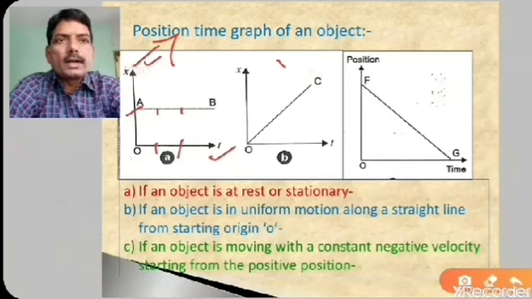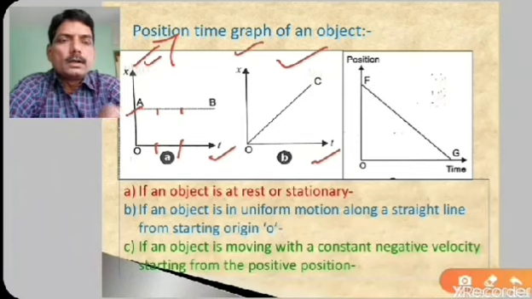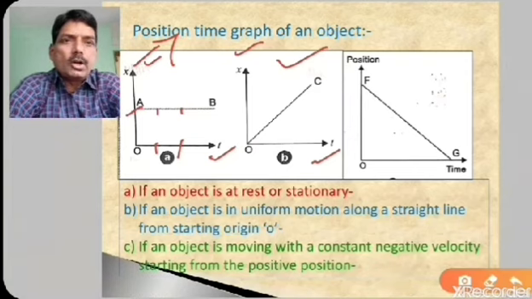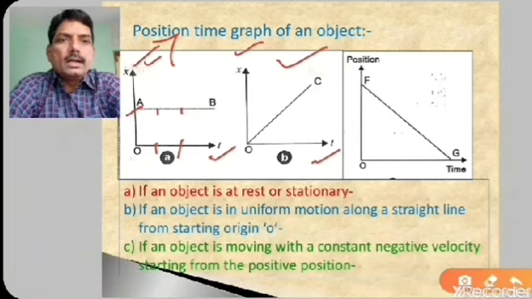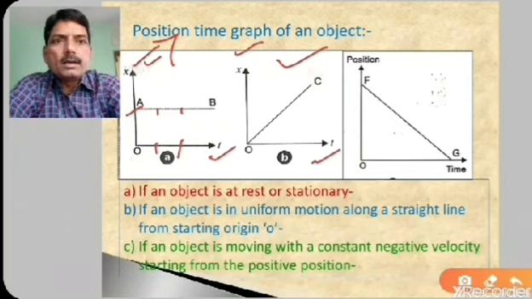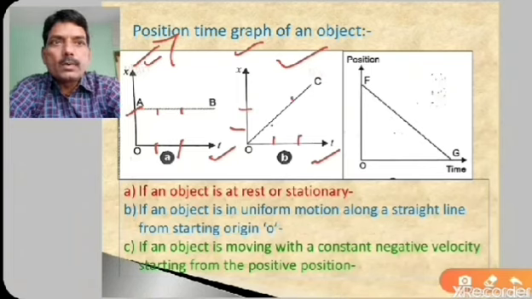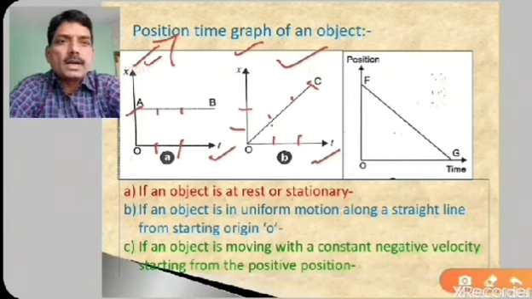Now coming to this second graph. Here also on the x-axis I have taken time, and on the y-axis I have taken the position. Now this is the case where from rest, suppose any object starts and covers equal distance in equal intervals of time. For example, here 1 meter in 1 second, so you get this point. 2 meter in 2 seconds, you get this point. Like this, if you get points and connect all of them, then the nature of the graph is a straight line passing through the origin, and that is the case of uniform motion.